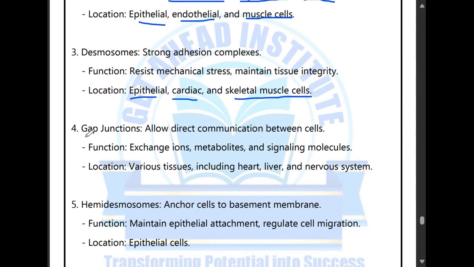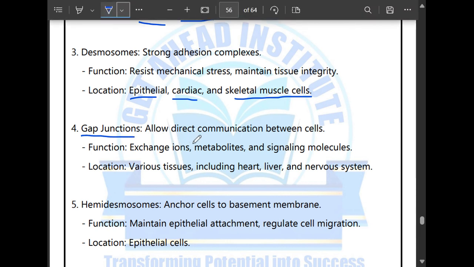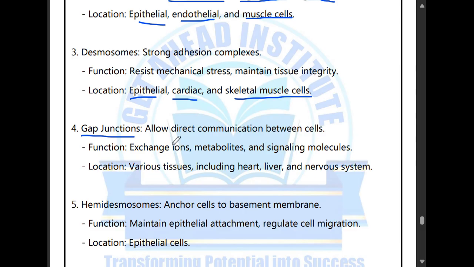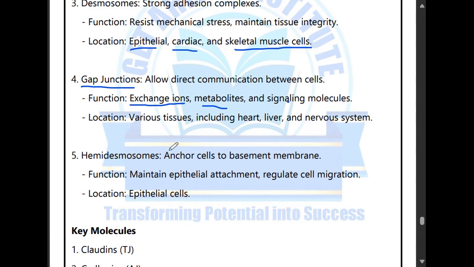Then we have gap junctions, which most students don't forget. Gap junctions are the ones which allow direct communication between cells. Their function is the exchange of ions, metabolites, as well as signaling molecules. Then you also have